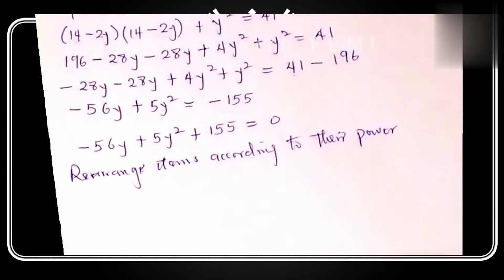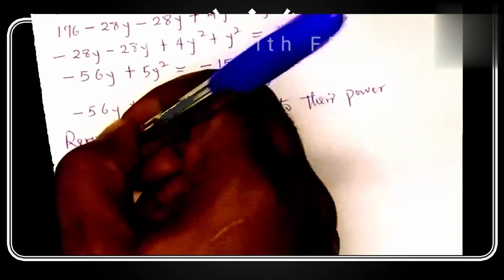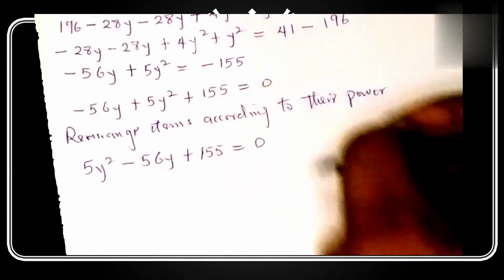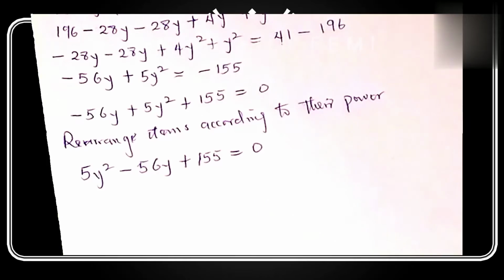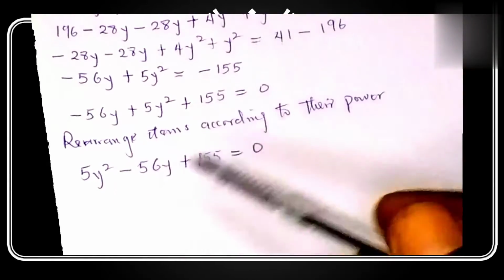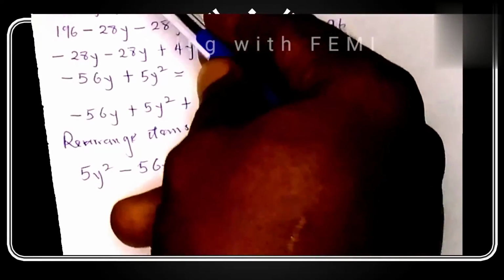Now, we are rearranging items according to their power. That makes us write it as 5y squared minus 56y plus 155 equals 0. This is what we have now as a solution for substituting this value for x squared